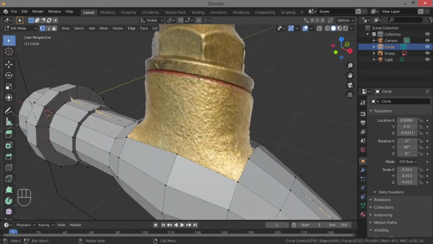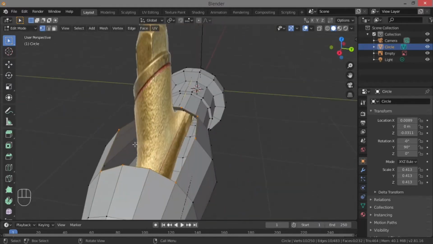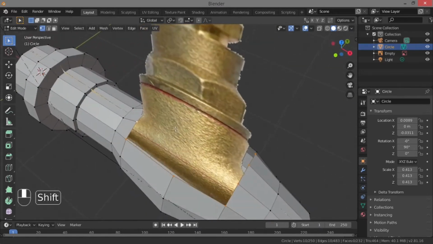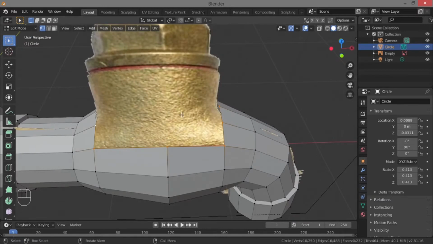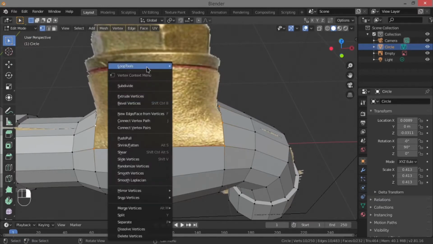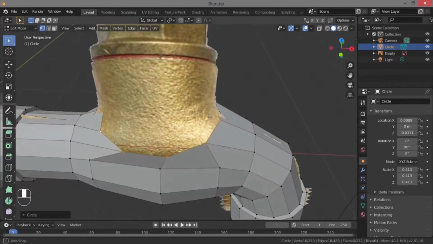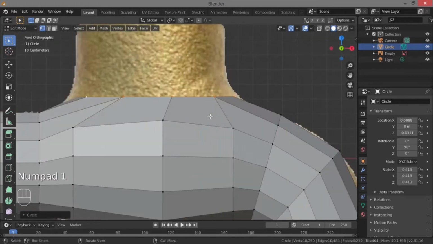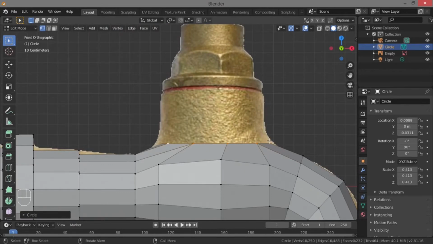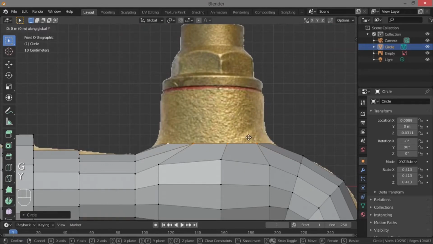Now while pressing Alt, left click on a vertex to select this outer rim of the edge. So now I'm gonna right click and go to loop tools and select circle and press 1. Now I'm gonna move this circle on x-axis